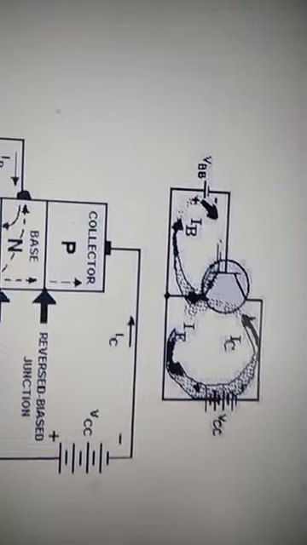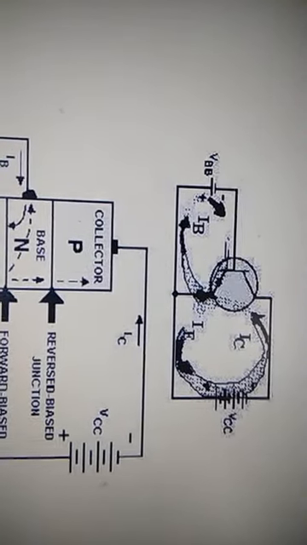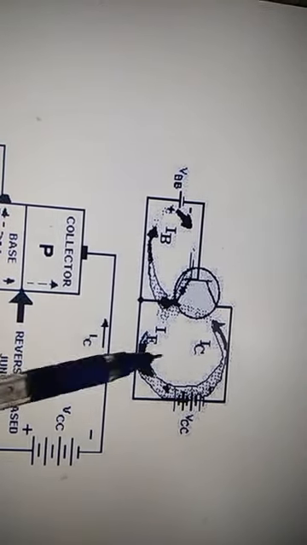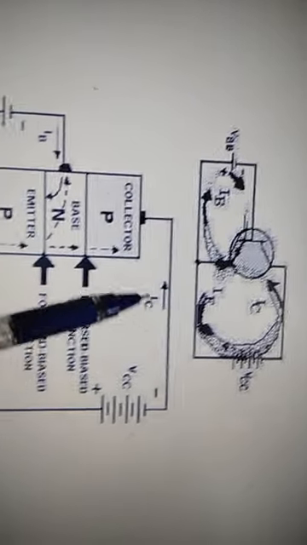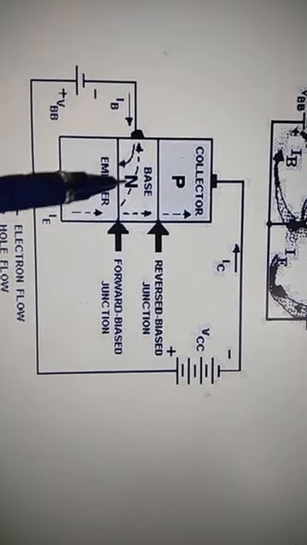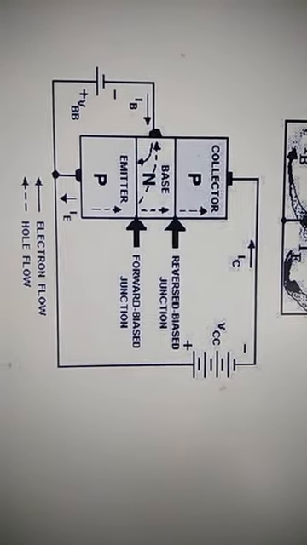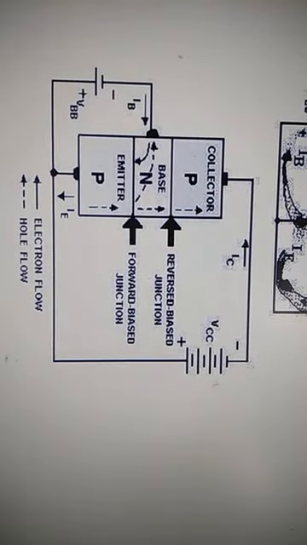And this is the diagram which shows the current flow. This is the base current, this is the emitter, and this is the collector current. And this is the recombination shown here. Emitter, base and collector. This is the direction of the current. This is base current, this is emitter current, this is collector current. Electron flow is shown by the dark line, while hole flow is shown by the dashed lines. This is the flow of electrons and holes shown here.